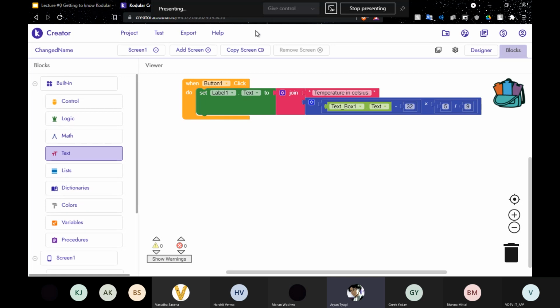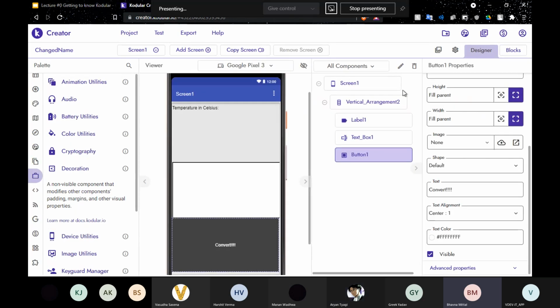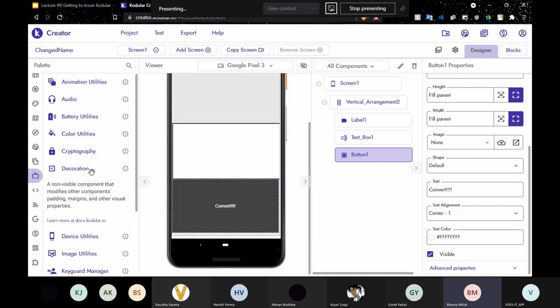It's already 4:10. So in the meanwhile, I would like every one of you who have made the application to show your applications. And if anyone has any difficulty, please let me know. Hello, students, are you there? Okay, maybe they are still exploring a little bit about the coding part. I hope they must have done the designing without any problem.